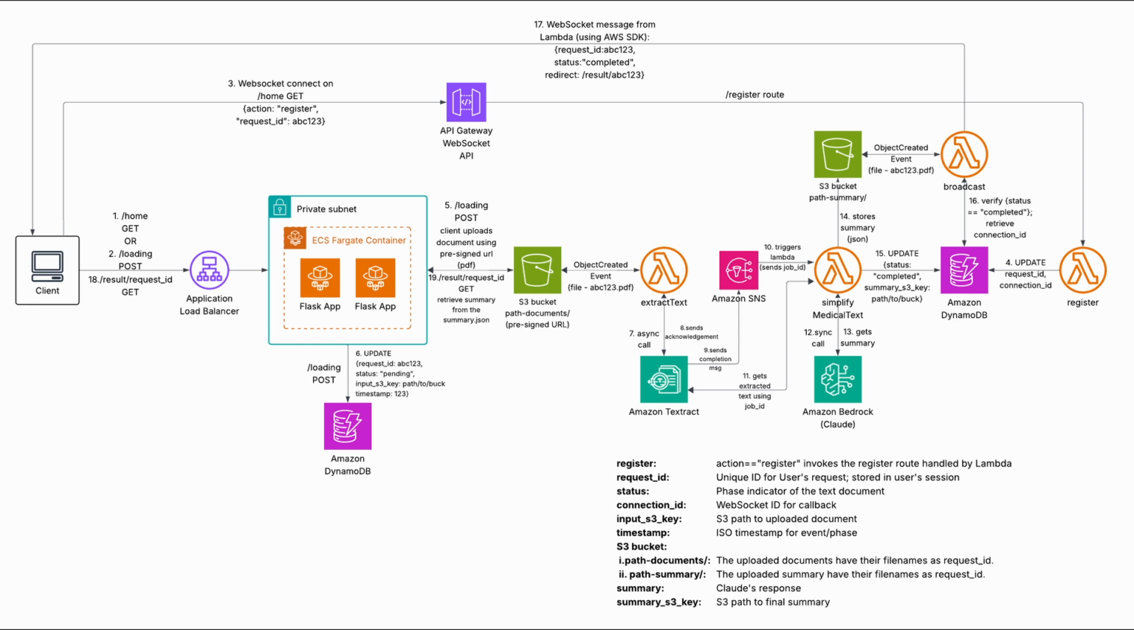At this point, the broadcast lambda queries DynamoDB to match the request ID with the WebSocket connection ID. It then sends a real-time status update to the client, letting them know the summary is ready. Finally, the user is redirected to the results/request ID route where they can read their summary in plain language inside